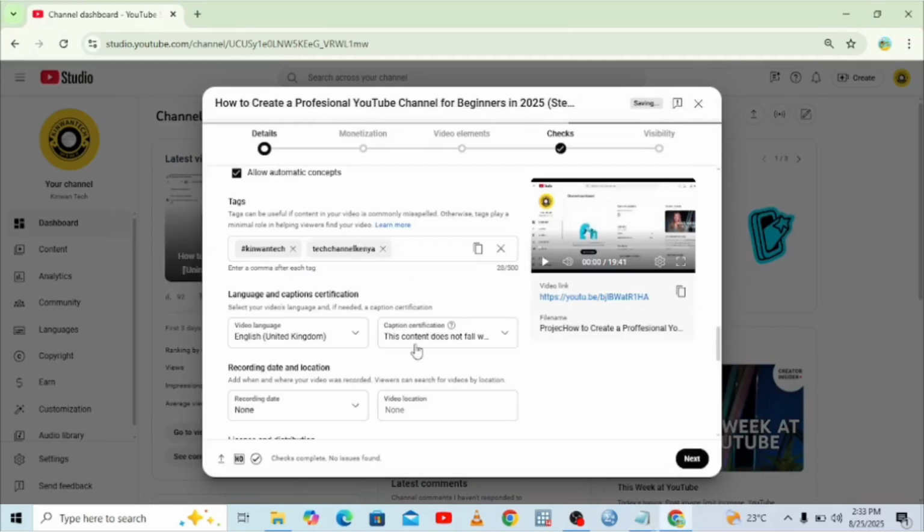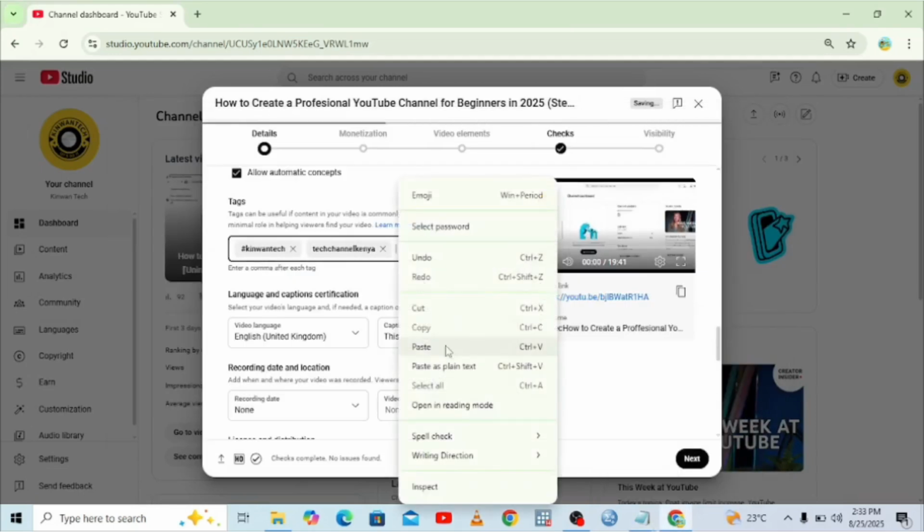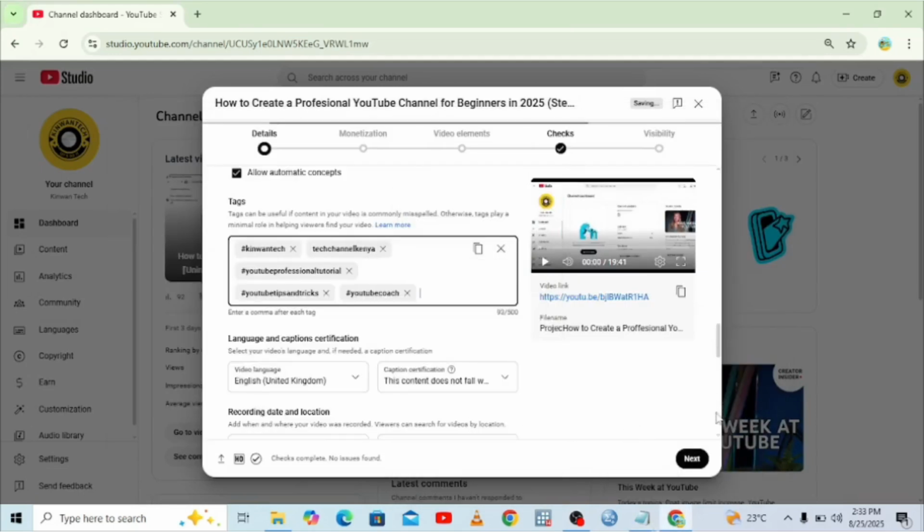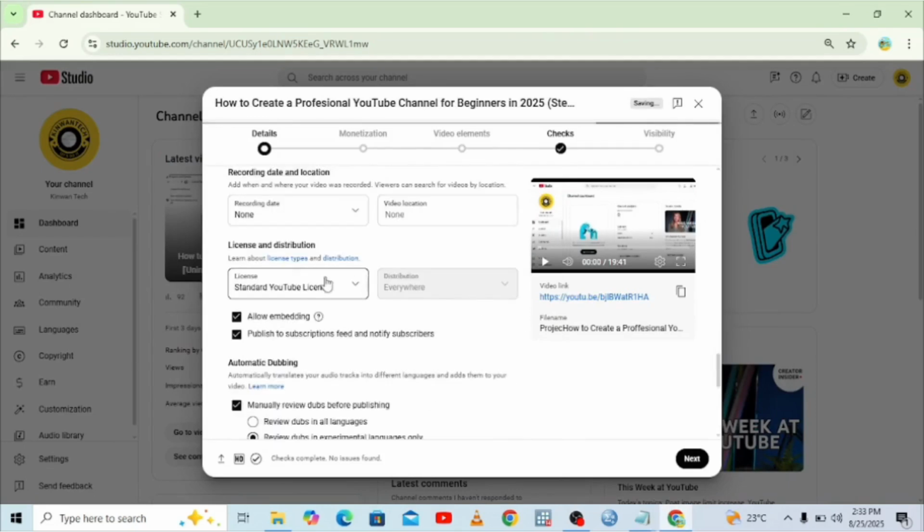Then bring it back to my studio and then paste them. Then we need to come to where we have the license. So we need to select a Creative Commons. So a Creative Commons license